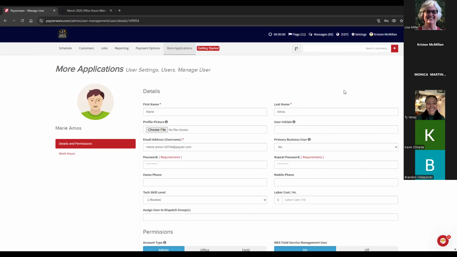There we go. Great. Okay, so we have Marie, and we have her labor costs down here. When you decide your labor cost, this is not what you charge your customer. It is what you pay out for your user. So if your user makes $10 an hour and you provide them with healthcare, vacation, their cost to you may